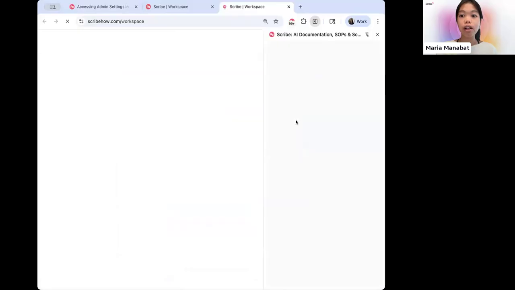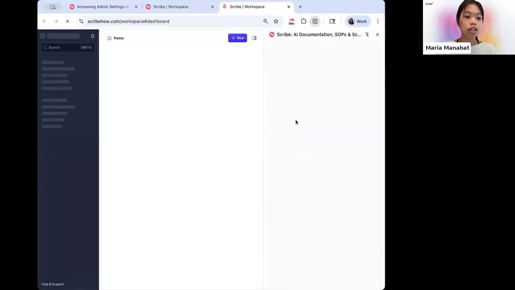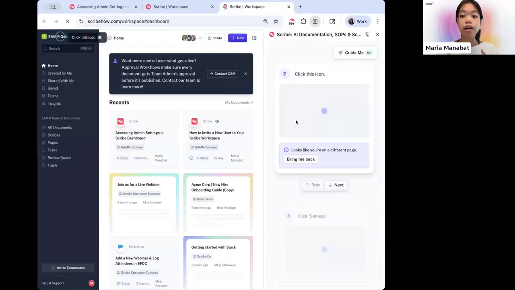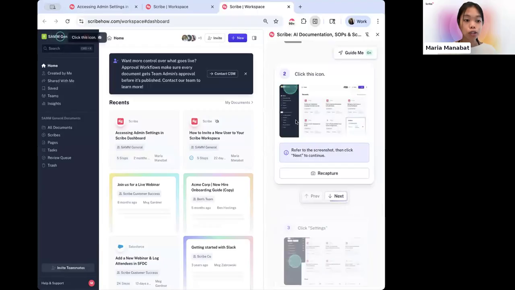It'll actually take you straight to that website or platform and provide that end user with extra hand holding through a specific process. This is especially great for more complicated processes where it would be helpful to have that extra hand. This is just a really simple process that takes you through a specific scribe setting.